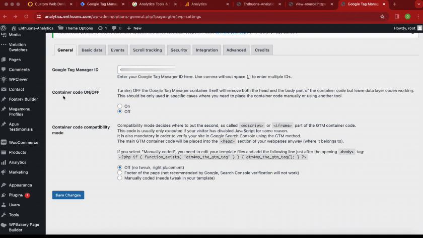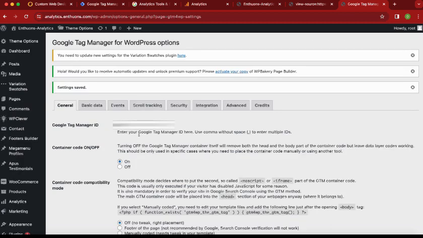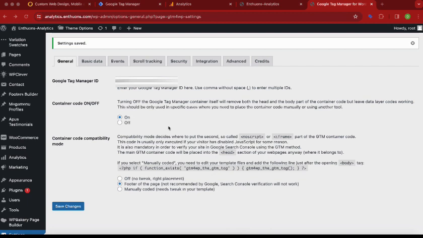One thing we forgot to enable, you see container code on and off. So we need to click on this on radio button so that our GTM code properly integrates with our website. One more thing we need to enable: the first, container code needs to be on, and the second, we need to click on this footer of the page radio box, or you can do it manually as well. But in this tutorial, we will be doing it via this second option, footer of the page, and click on save changes. Once you have successfully saved all the changes you made,